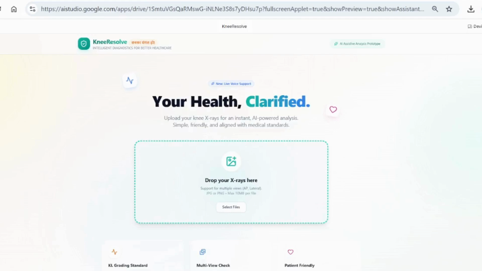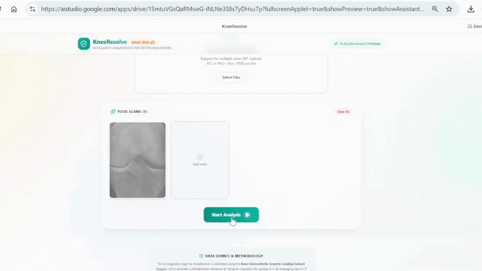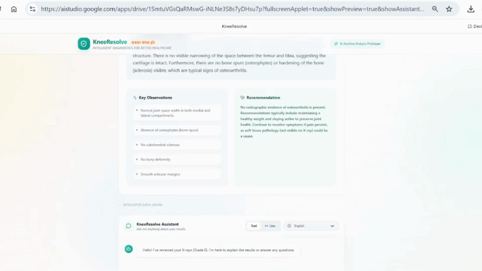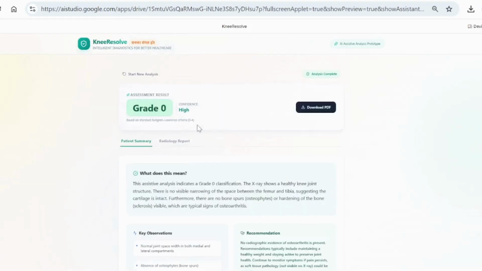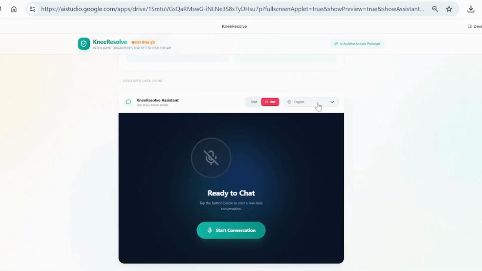So to check the tool, you need to quickly drag or you can upload the X-ray. So I will select this. We'll let it analyze it. So the reports are out and it is telling that grade 0 means no issues at all, but we will ask live to the agent,